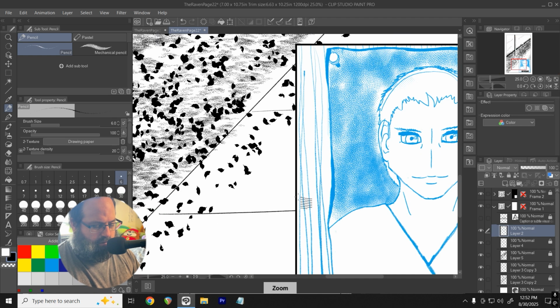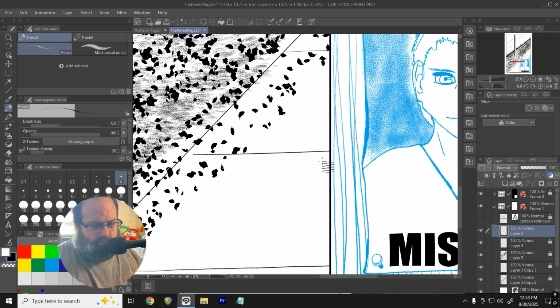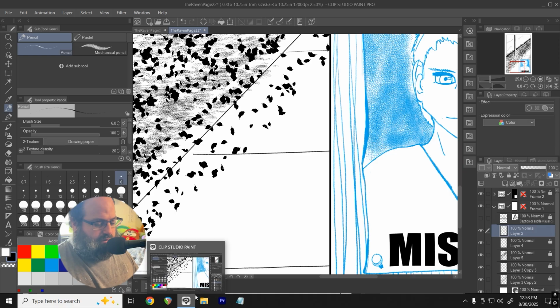So let's draw a guy. I'm just going to use black this time. I usually use the blue, but that's for adding detail and experimenting with stuff. This is going to be a silhouette, so like I did last time, really I should have just made it black. It would have made more sense. But it also helps me to see what I'm drawing against